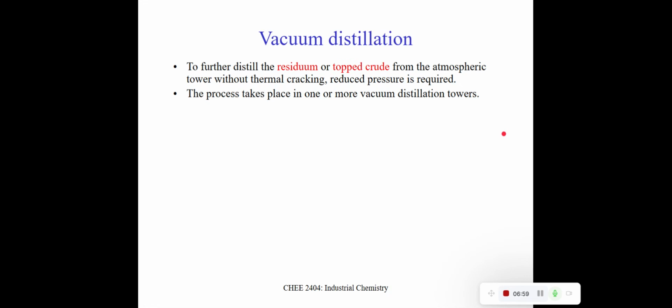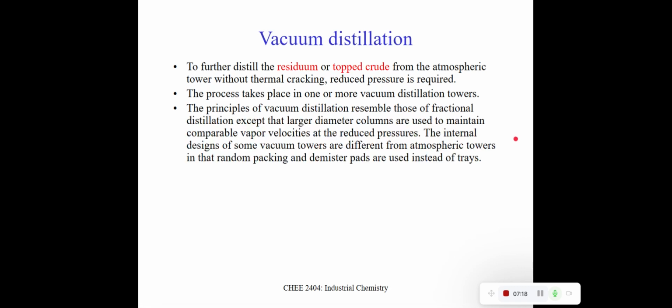Pressure is reduced so that energy is used efficiently in vacuum distillation. In the first vacuum distillation, the heavy residue from the bottom is taken out